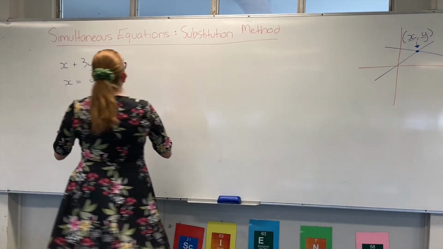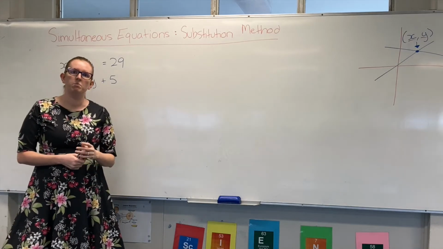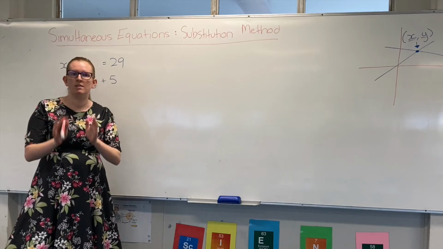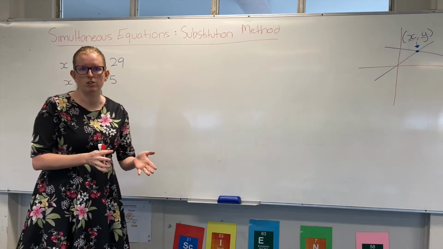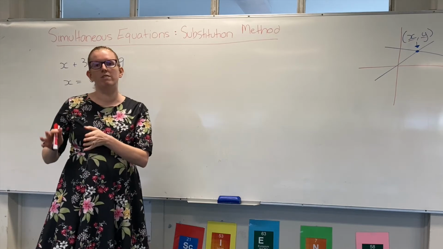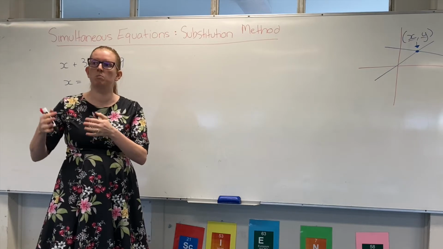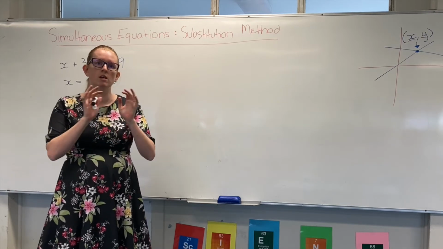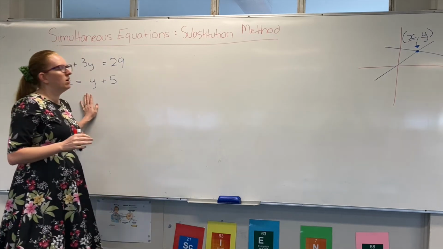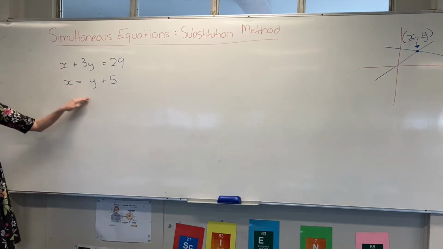Okay, so with the elimination method, we knew to use that method because we had one set of components that matched. So either the x's matched, there might have been both 2x, or our y values matched. Maybe one was 8x, one was minus 8x or something. So the numbers on one of the components matched. However, here, we're not going to be using the elimination method because you'll notice that one of these equations is